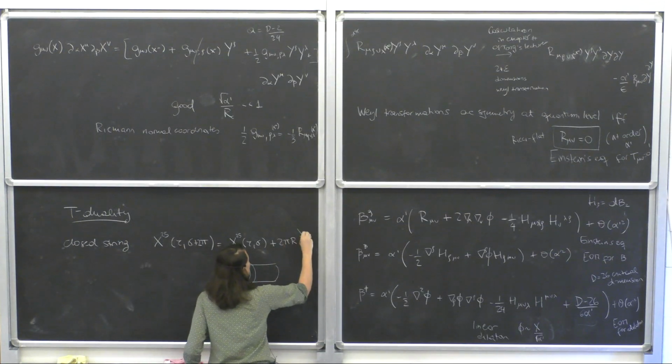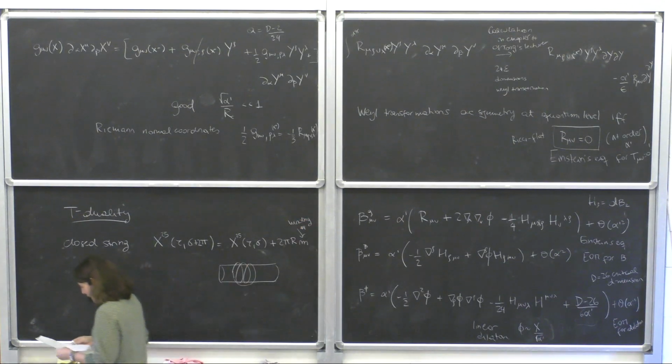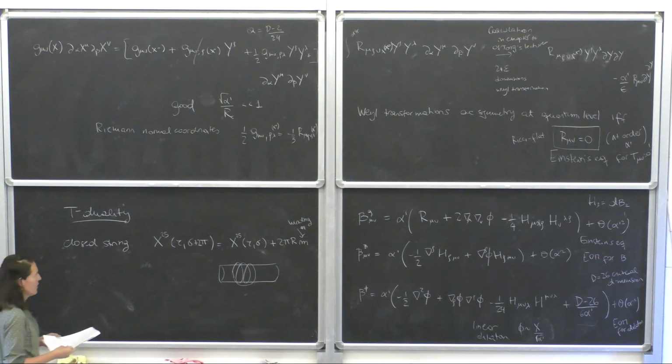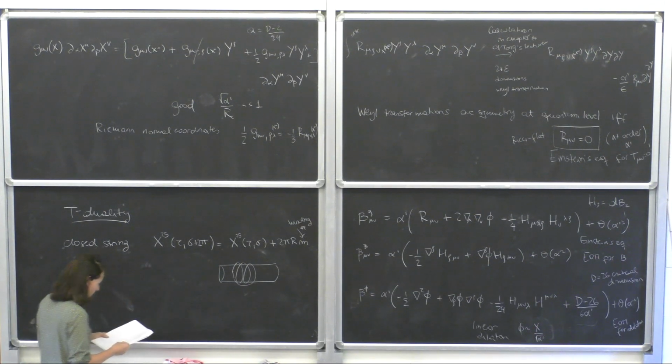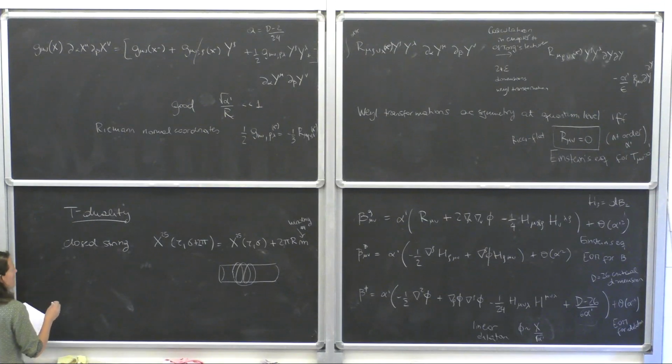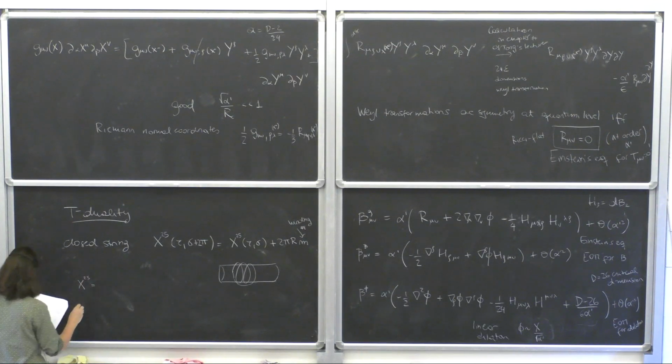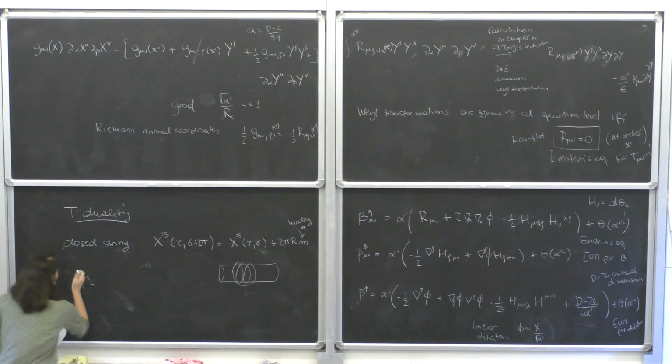So this m is a winding number, and it's a topological number. It should be conserved if you do interactions. And what you get is the mode expansion, so there's also